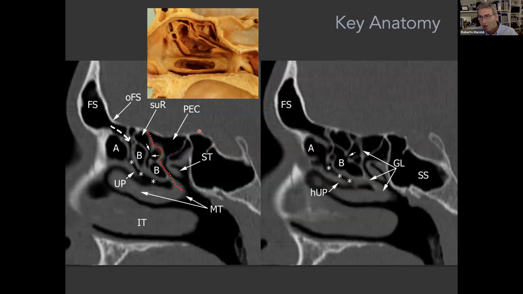The separation between the two structures can be identified either in the axial plane, but also